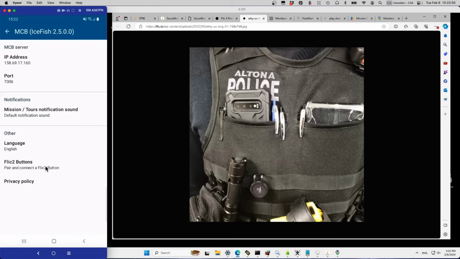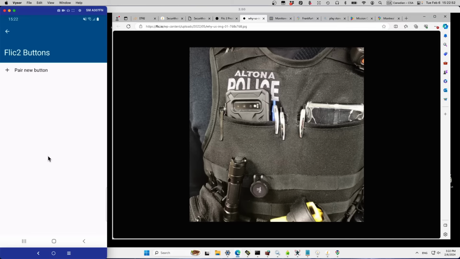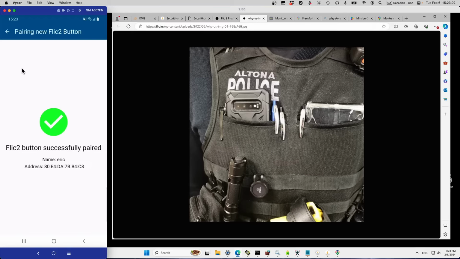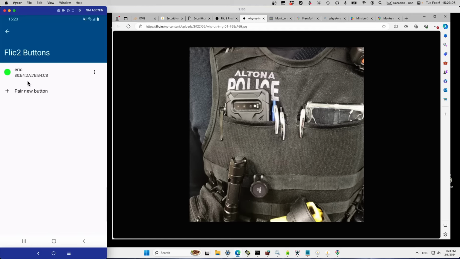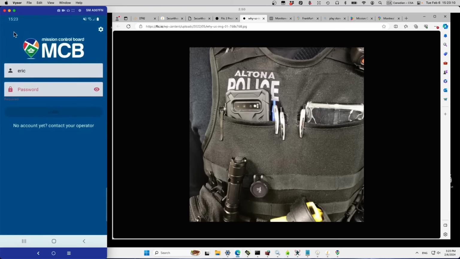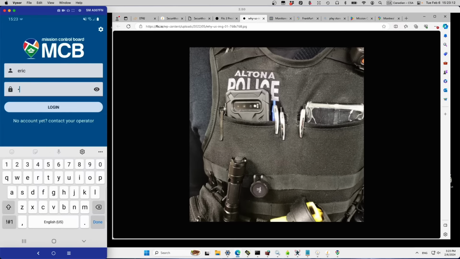So I'm going to pair a new button. I'm basically holding the button in place for 4 or 5 seconds, and it will pair with my app. So I have a new button here, and when I log in,